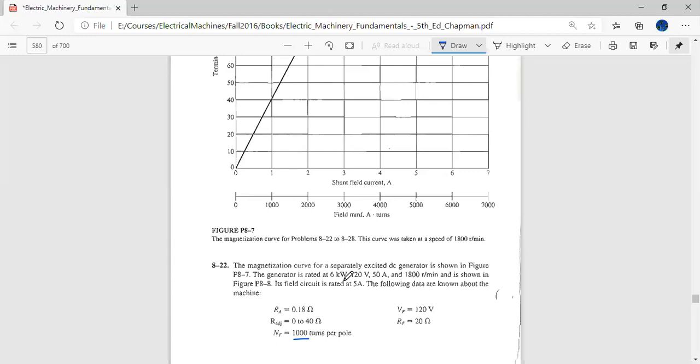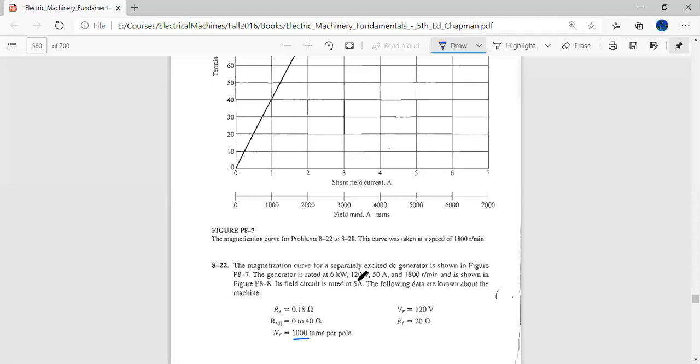In a motor, the output is mechanical. For example, a 30 horsepower motor means 30 horsepower is the mechanical output, and you add the losses to it to get the electrical input. You cannot work with the power equations without using these power considerations, losses as well as the input and output powers. Okay, so the magnetization curve we have seen, it is rated at 6 kilowatts.